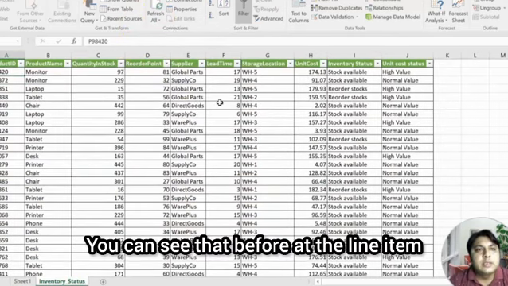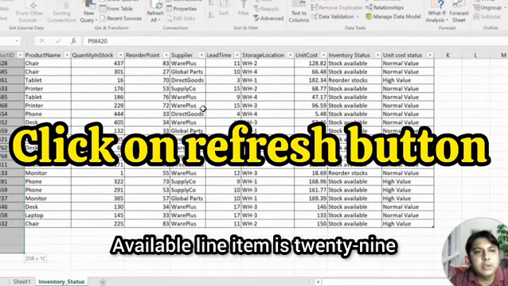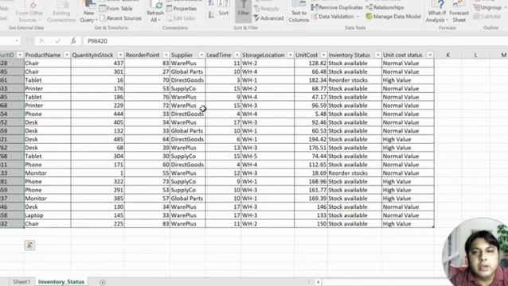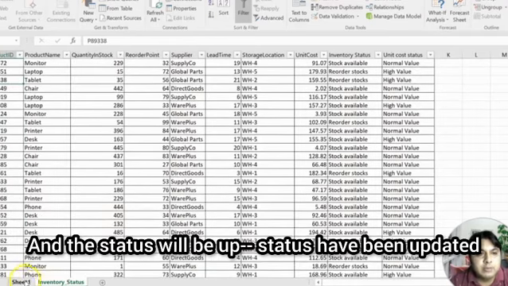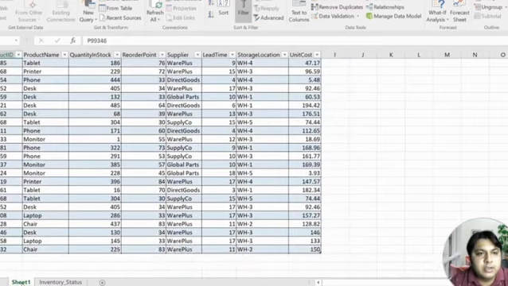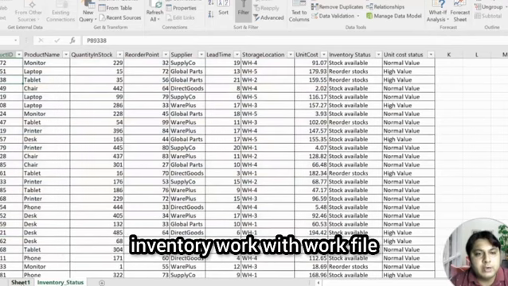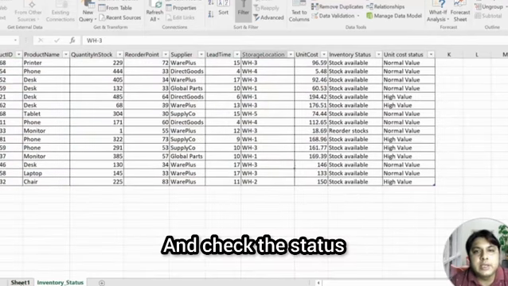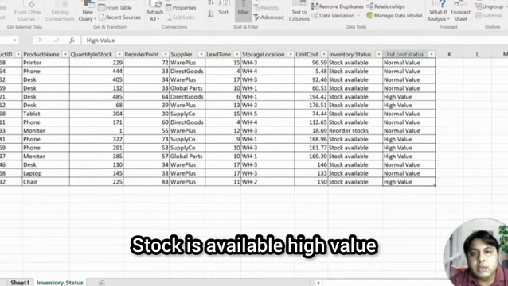Here you can see that before adding the line items, the automatic worksheet had 29 line items. Now it shows 32 line items, and the status has been updated. If you check these product IDs in the automatic inventory work file and check the status, stock is available with normal value, and stock is available with high value.